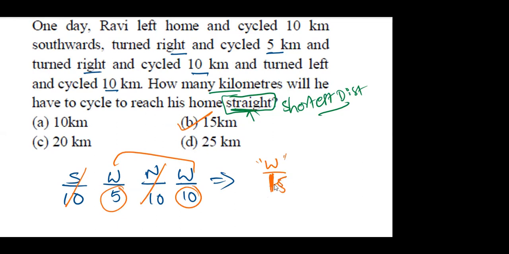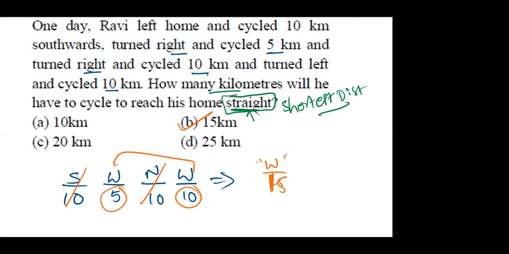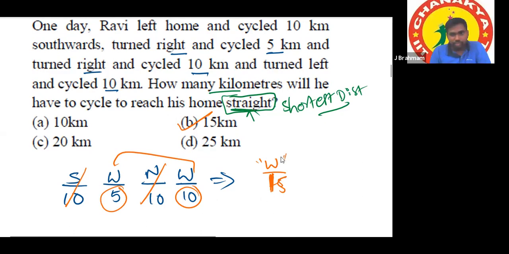Now tell me in which direction he has to travel to reach the starting point again? East. Very good, that is towards east. With respect to initial position, final position is towards west. But if my question is reversed, with respect to final position, what is the direction of initial position? Then we have to reverse this one. Reverse of west will be east. Clear?